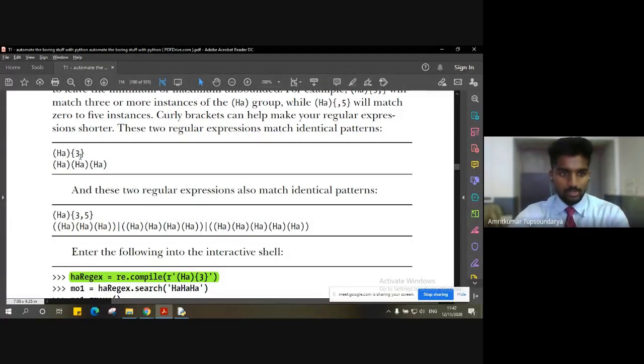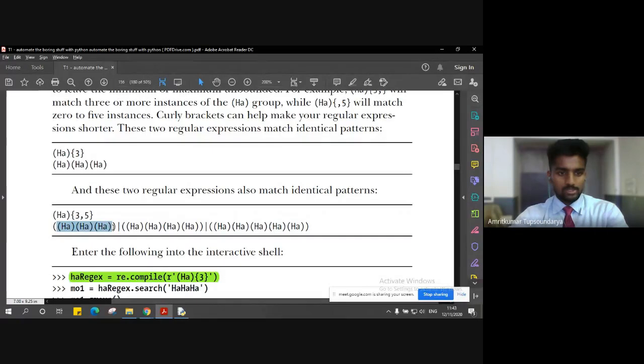Now, this curly bracket can also act as a range, or you can say the sequence that you want to print. For example, let's say you want to print this particular text from three repetitions to five repetitions. Then our output will look something like this.